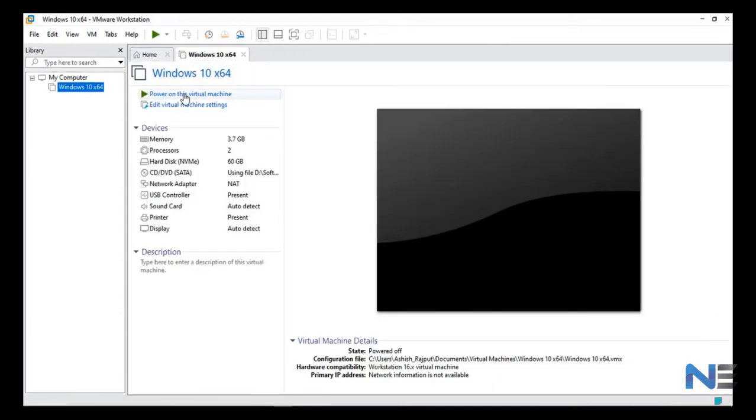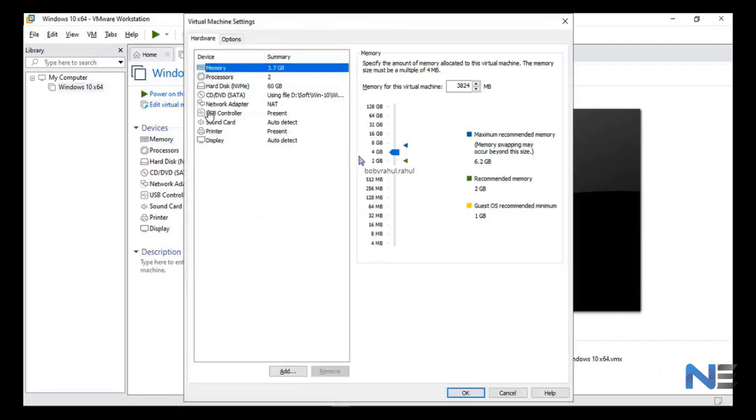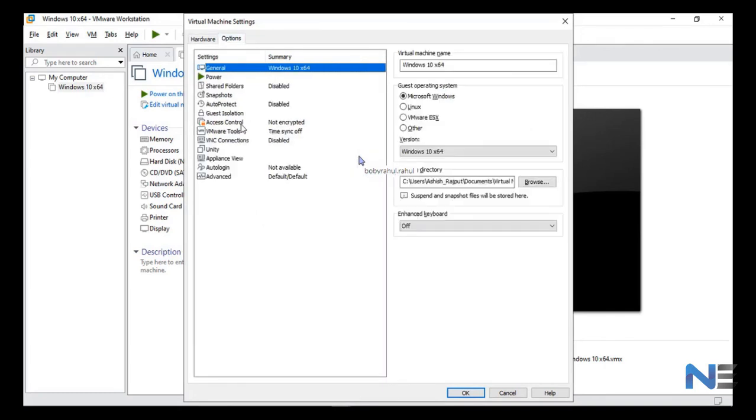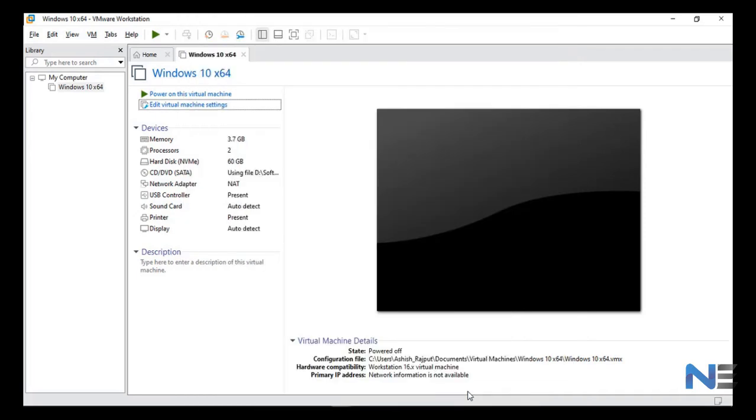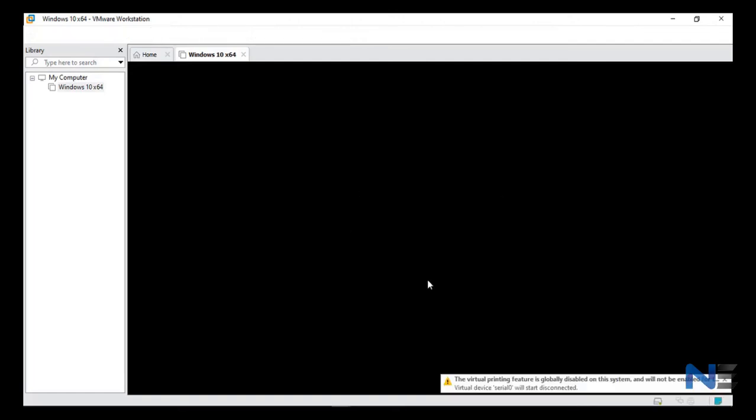Okay, now click on edit virtual machine settings. Okay, now click on options and go to advanced, and check mark this BIOS option here. Okay, and click OK. Now you can continue your window installation without any problem.